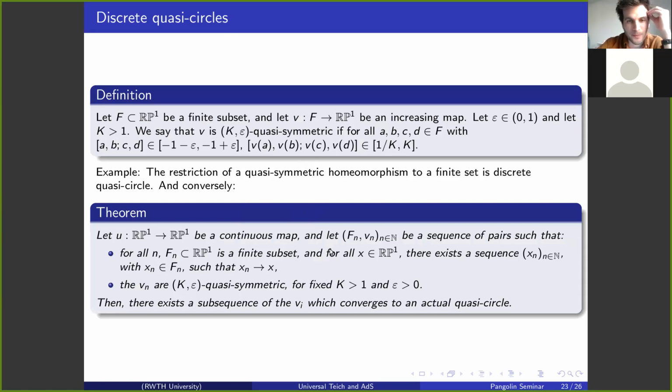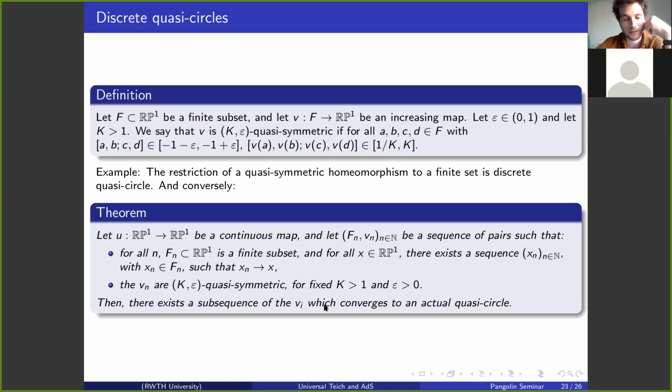compactness result. So say the finite set is getting bigger and bigger, and it's eventually dense in RP1, in the sense that every point in RP1 can be approached by a point in the sequence of finite sets, and also that the discrete quasi-symmetric maps are all quasi-symmetric, but for fixed constants, right? For fixed k, they are all k quasi-symmetric. Then, if I can find such a sequence, it will converge or subconverge to something which is actually a real